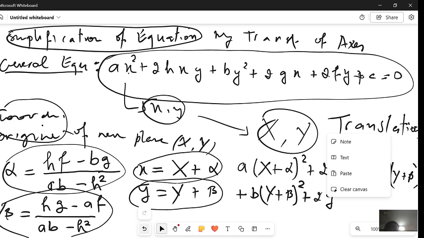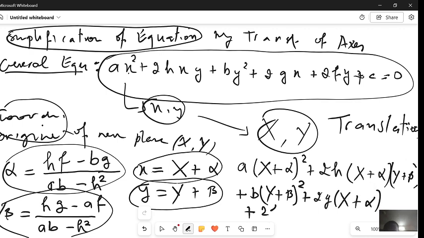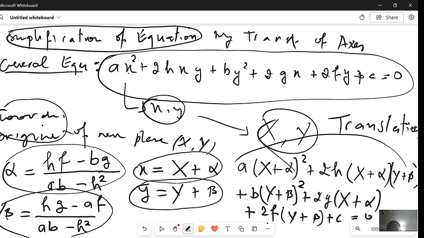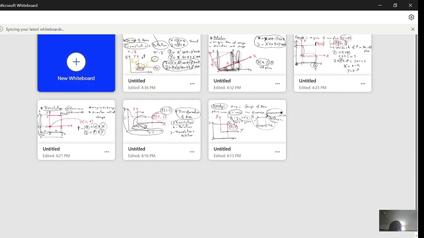where x is capital X plus alpha, plus 2f y, capital Y plus beta, plus c equal 0. Now if I develop all this, because I already have the value of alpha and the value of beta from the formula, I will come after developing there,